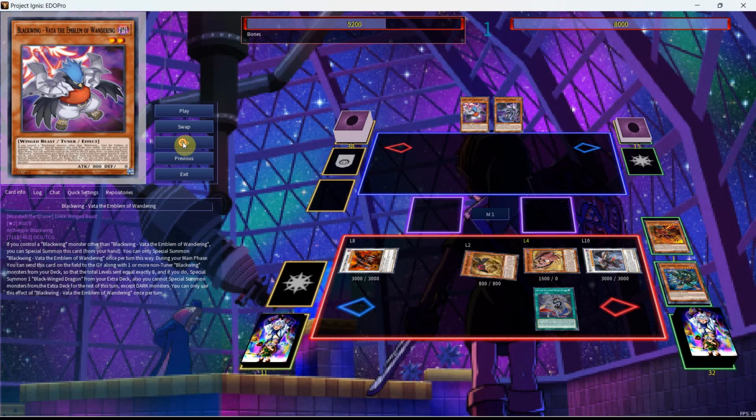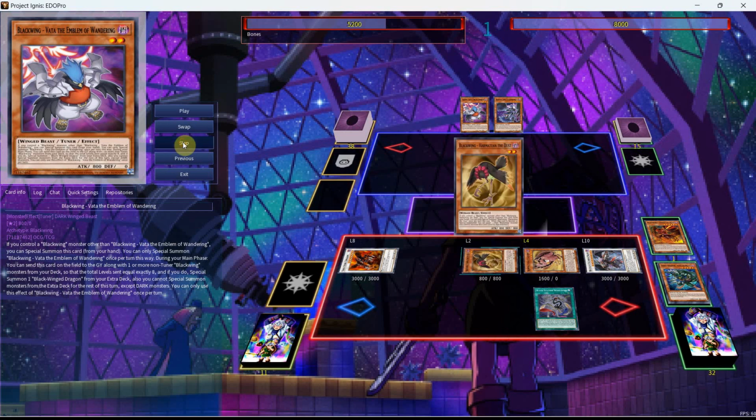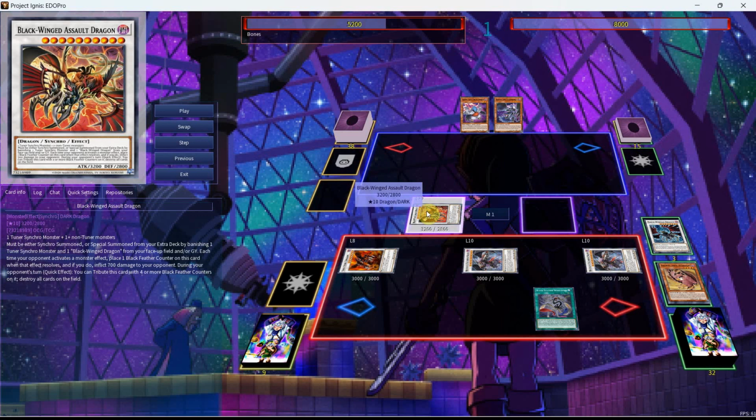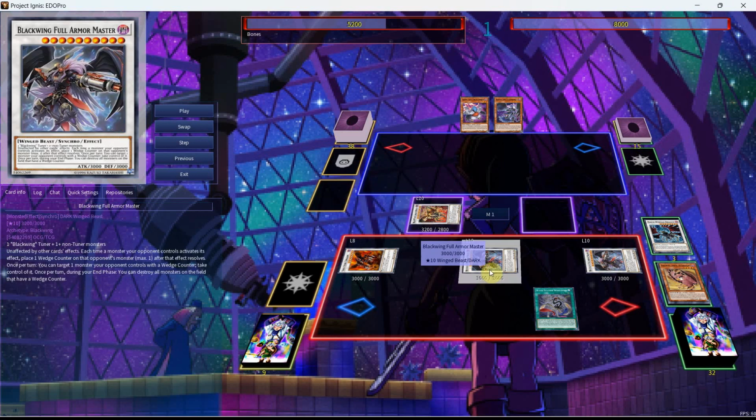And then from here, we'll special summon out the Harmattan, targeting the Shamal, which is level 4, turning it into level 6, giving us access into the second Full Armor Master, and then we can banish the Blackwing Dragon along with the Borea to make the Blackwinged Assault Dragon. So you will see a lot of repetition in some of these end boards, but it's kind of what Blackwings do, and a lot of it is just learning how to get there with the combo pieces that you open